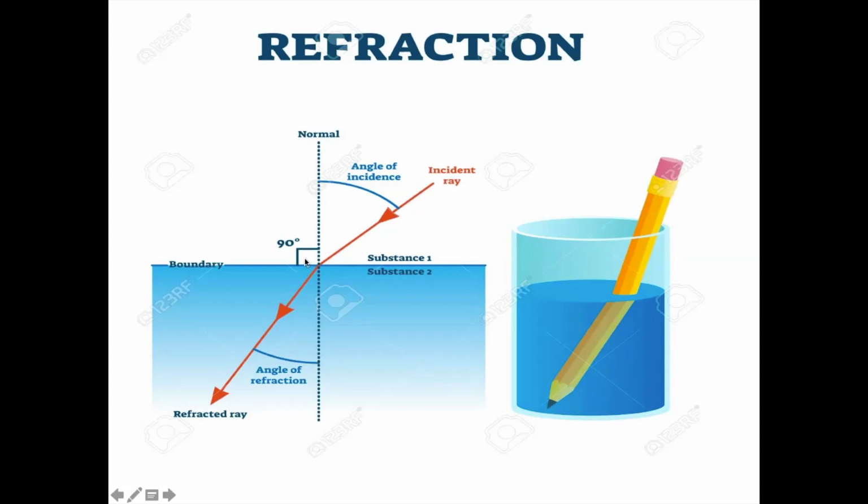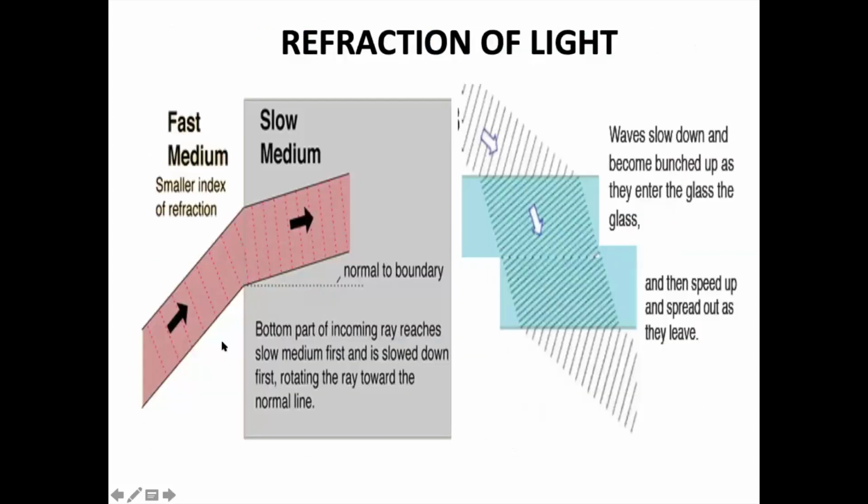So this is an incident ray. This is the point of incidence. Light is moving in another medium, and now we call it the refracted ray. When it changes medium, the ray is called a refracted ray. Just see this. This is a fast medium, and this is a slow medium. So what will happen? The light will bend. But always the light has to maintain its parallel movement over here. So here it is changing the medium, it is moving.